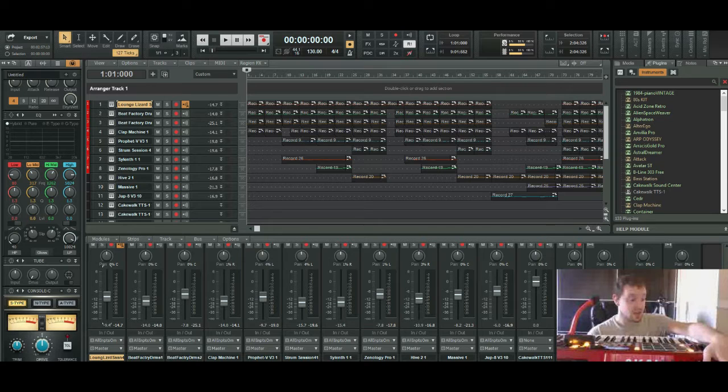So I went to the Applied Acoustics website. I unfortunately had to buy them back. So now they're finally in Cakewalk, and that's a good thing because now I have the latest version of those 3 plugins which I lost.